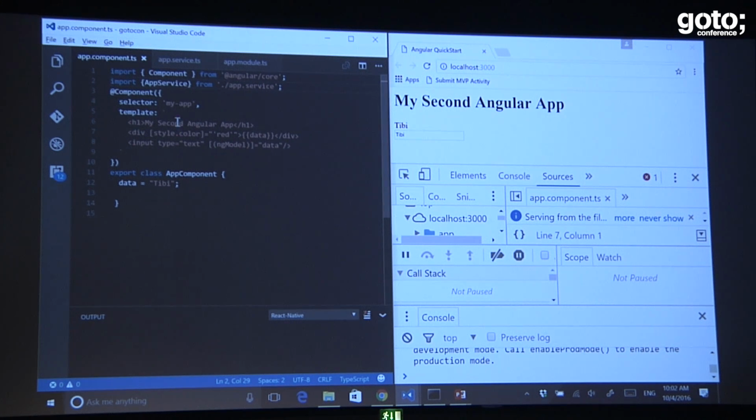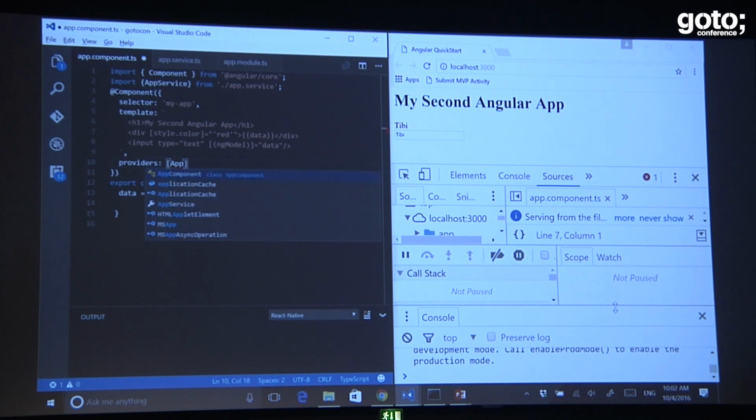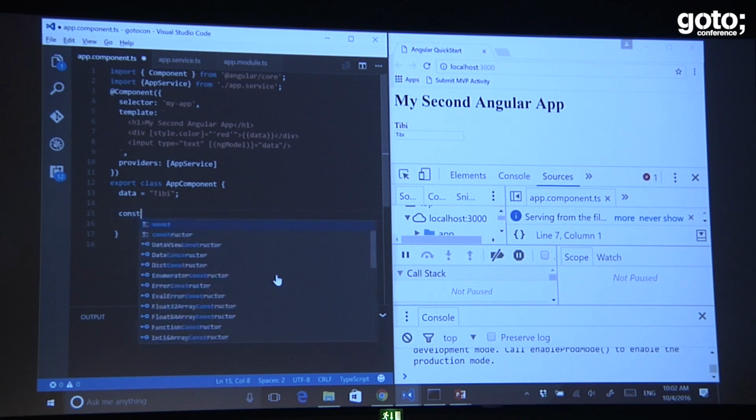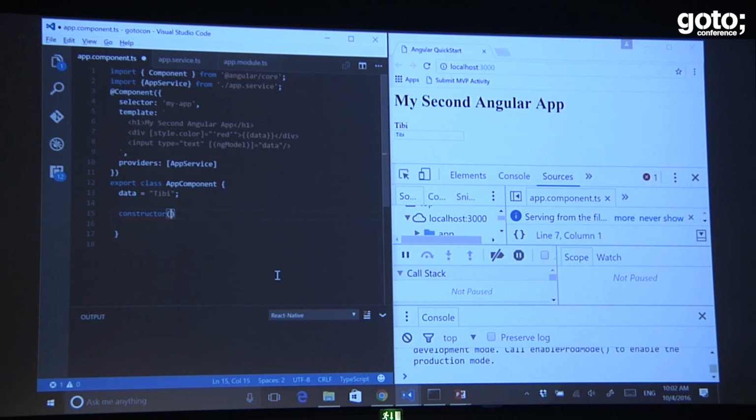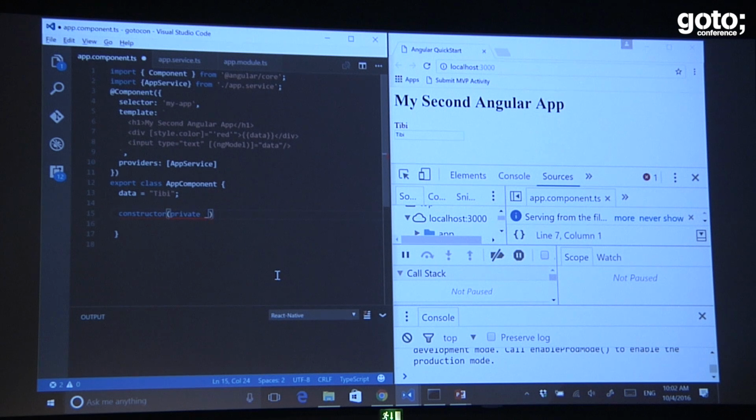Nothing changed actually, so it doesn't make any difference. But now I need this one to be part of my application, or to be part of my dependency injection. So I would say providers, and I will add AppService as a provider. And in order to have that injected, I need to add it inside my constructor. So in the constructor, I have a private svc service object of the type